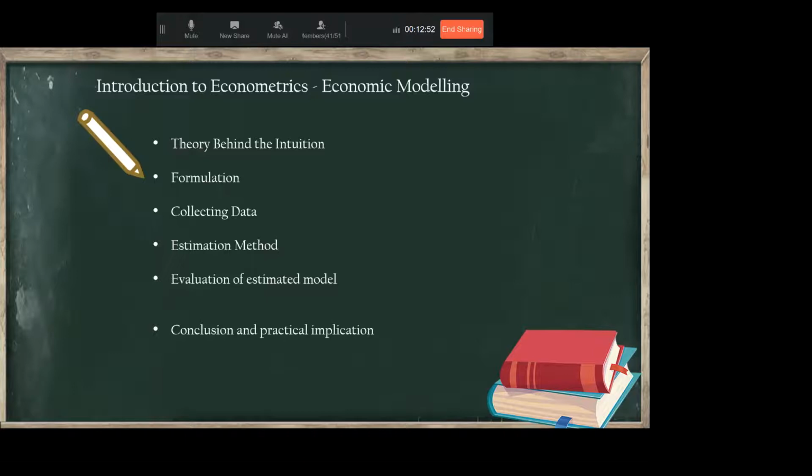Let's see what you need to formulate your intuition or claim into an econometric model, so you can collect data and run. So the first thing, really important, really basic, is theoretical modeling. If you don't have a theoretical model or theoretical background of your claim, it's really hard to conclude, or your conclusion will not be significant. It cannot be trustworthy. Nobody can believe your expert opinion. It means you're unable to give an expert opinion.